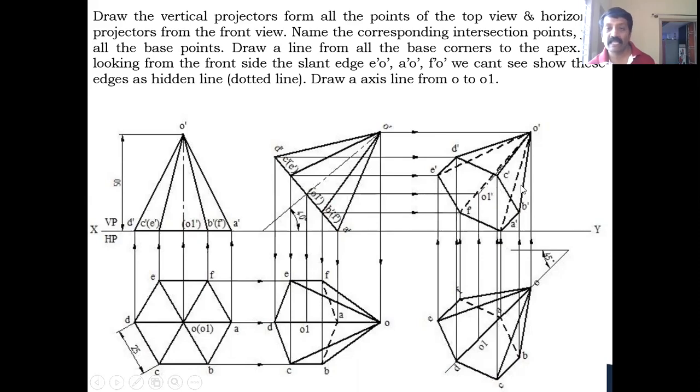And coming to the axis line, O1 to O dash, you represent it with the axis line representation. So this completes this particular case where he has given a hexagon pyramid resting on corner and inclined to HP and VP. Here, almost in all the cases, I'm using the same procedure and same method. So the only thing is different cases, hidden edges and the visible edges will change. So that's all. So any doubts, you can